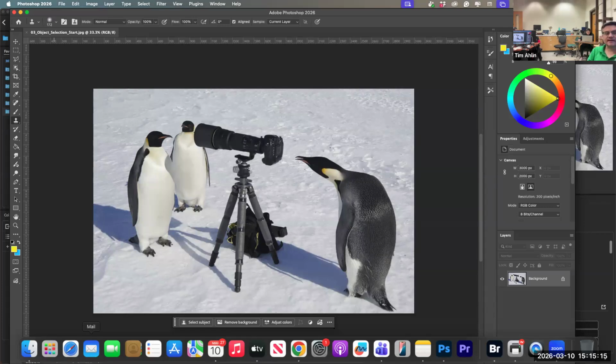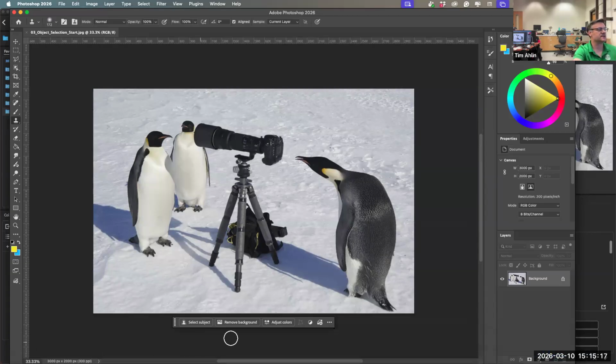Hit select subject down on this menu down here. If I hit select subject, it selects everything basically in the image because the